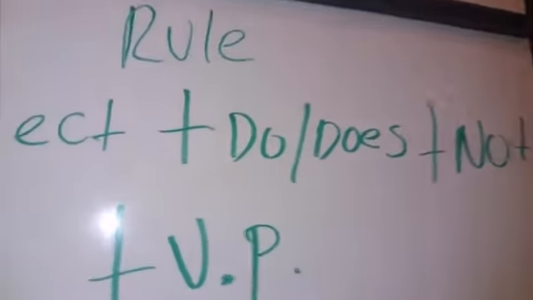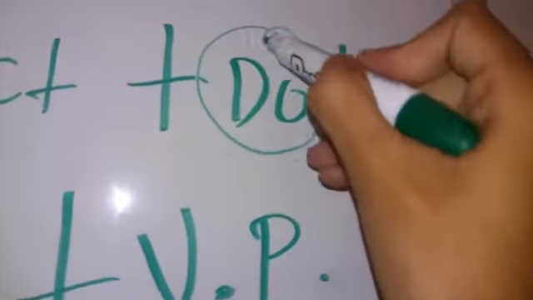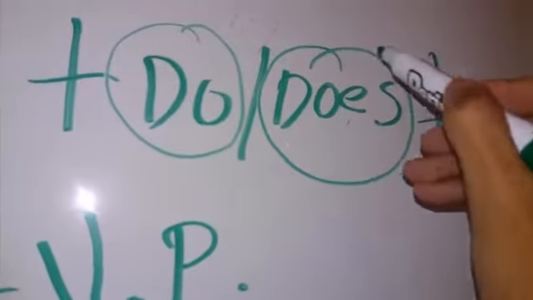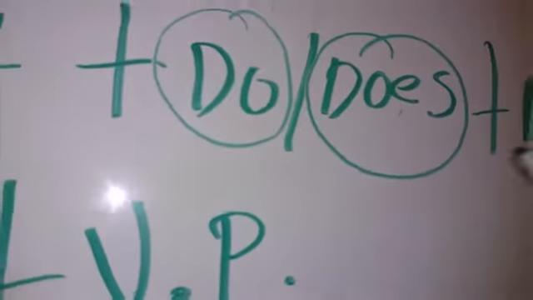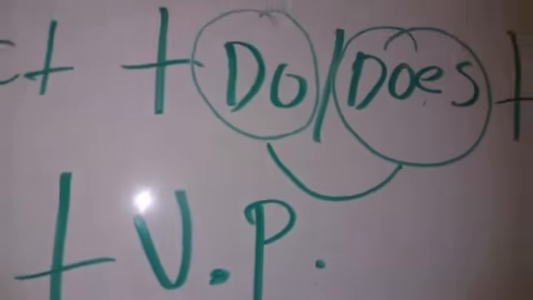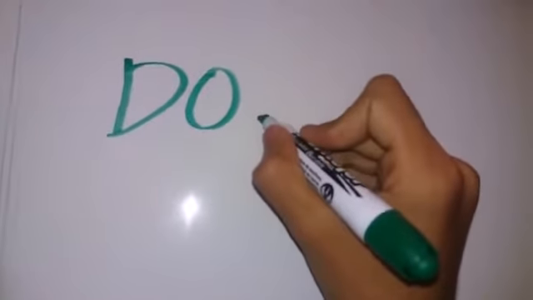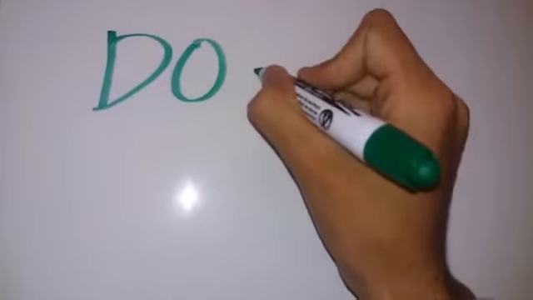So guys, maybe you can't understand about the auxiliary do and the auxiliary does, so I'm going to explain the auxiliary. We use the auxiliary do in negative sentences for